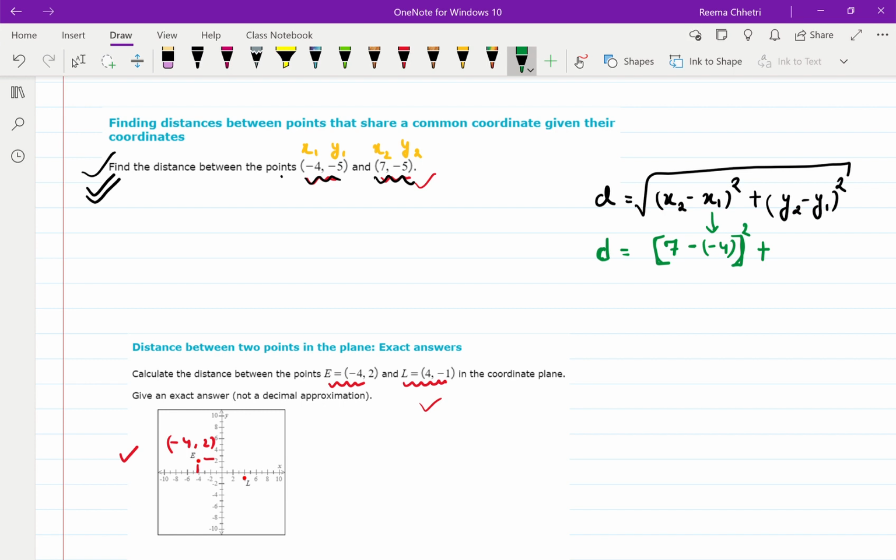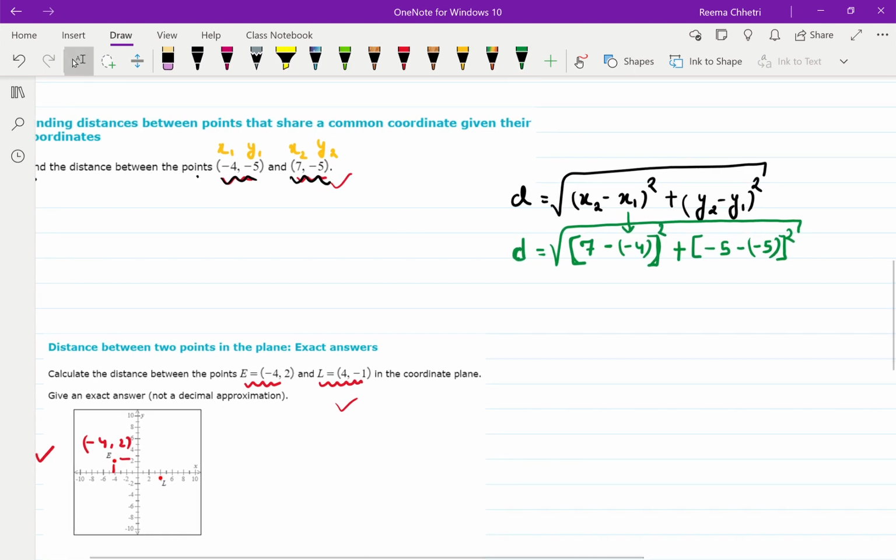Similarly here, your y2 is -5 and minus your y1 is -5 again, so minus -5, because there's already a negative sign. I'm changing the shape of the bracket just to avoid any confusion. So let's start solving this. Distance equals, open the bracket. You're going to open these two brackets. When you open, minus and minus will become plus